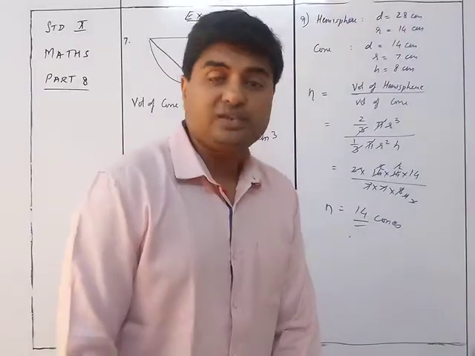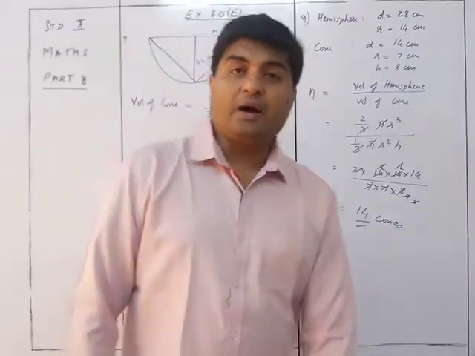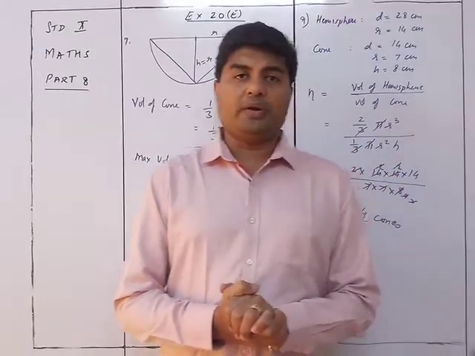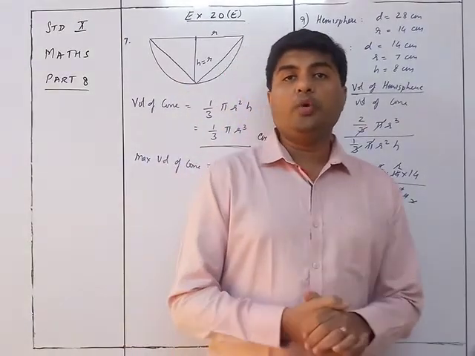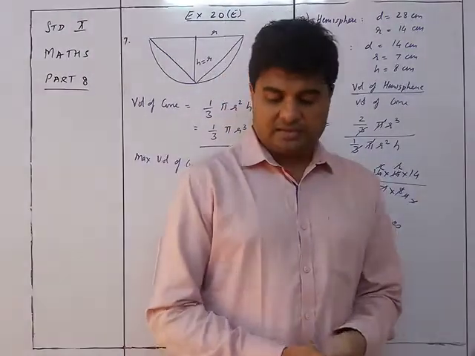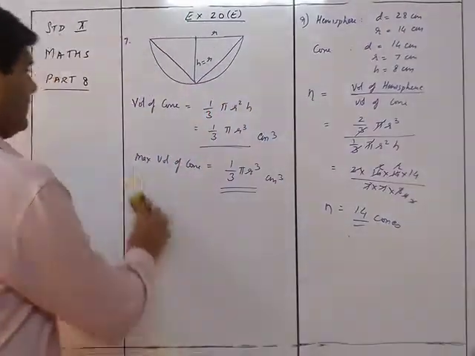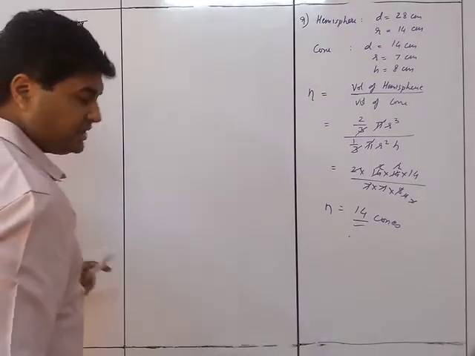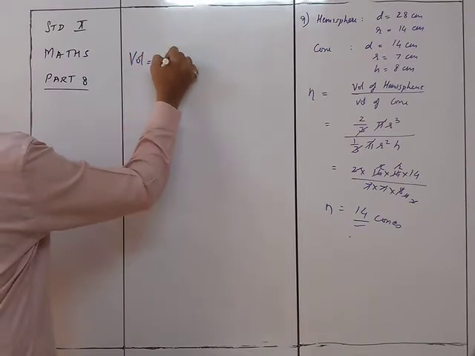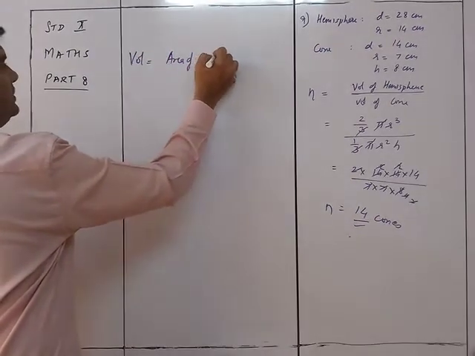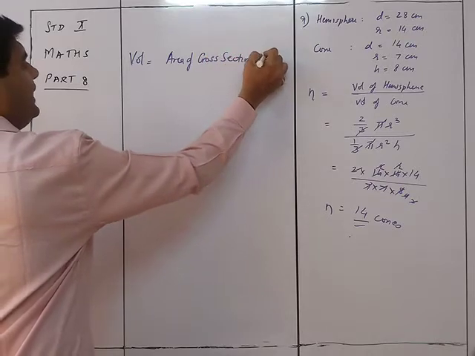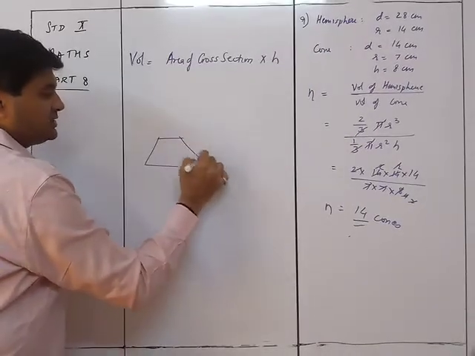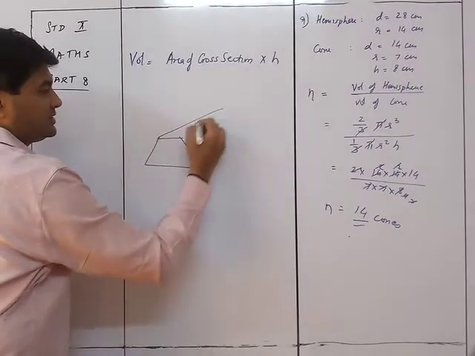Now we move on to exercise 20F. You can see that in 20F again it's exactly the same thing. The only thing is that you may be having one more thing over here, and that is the volume of any particular figure. We can add one more formula over here. Its volume is area of base into height. So volume is given as area of cross section into height. Okay, so if this is a trapezium like this, and this is actually a bar like this,